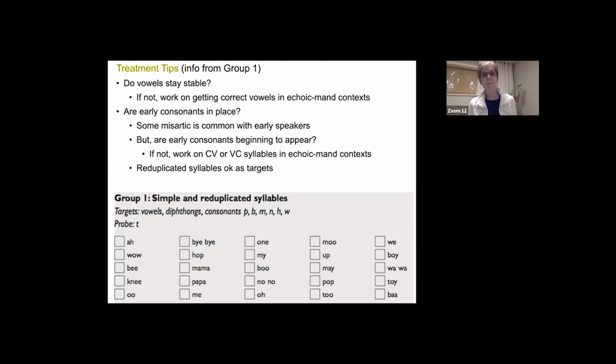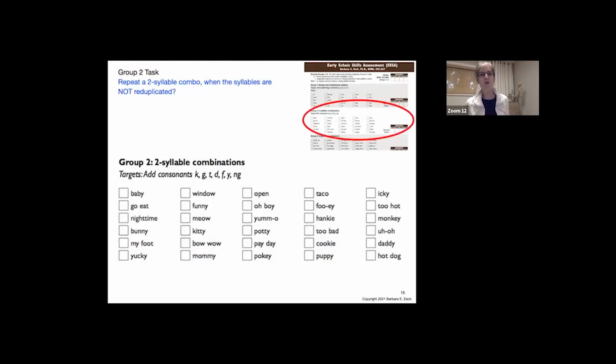And reduplicated syllables are fine as targets. In fact, you may want to reduplicate more than twice. You might want to have them practice just vocalizing ma, ma, ma, ma, ma, ba, ba, ba, ba, ba, things like that. So in group 2, the task is to repeat a 2-syllable combination when the syllables are not,